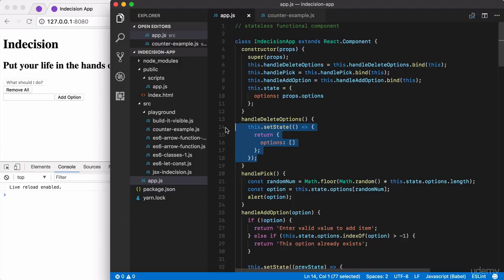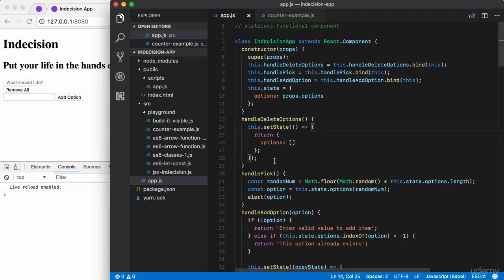We have a relatively simple thing here, setting an options value equal to an empty array, but it takes up 5 lines, which just makes our code a little more complex than it really needs to be. With arrow functions, we know that we have access to that shorthand syntax. When we have an arrow function that returns some value, we just put the value over here instead of having